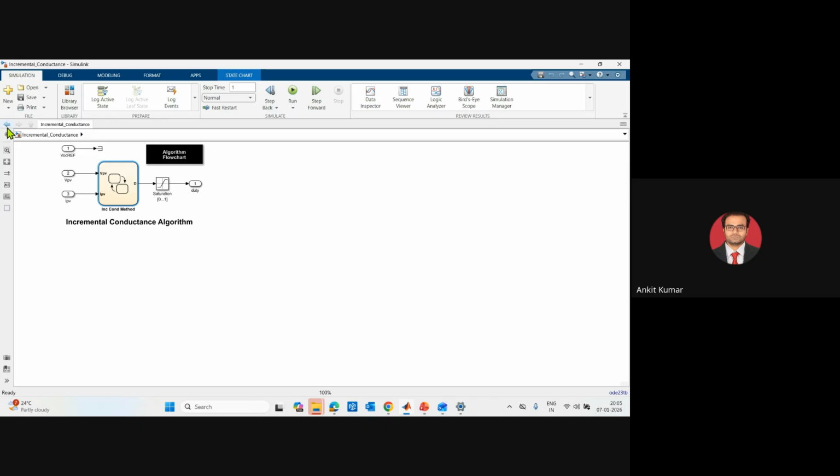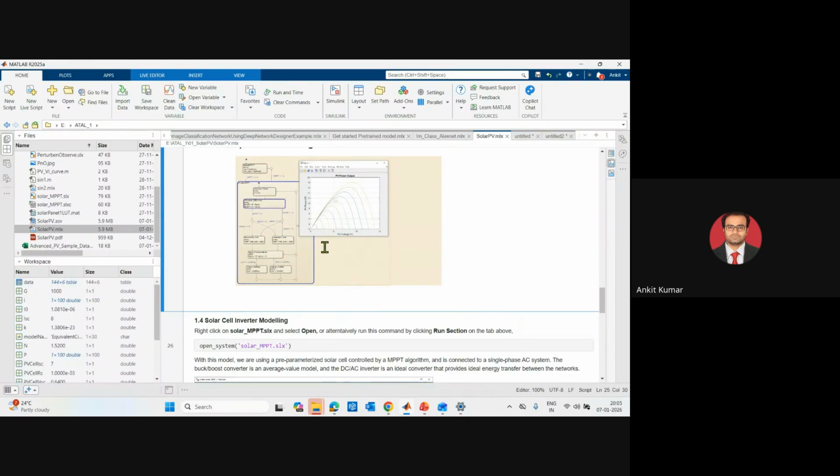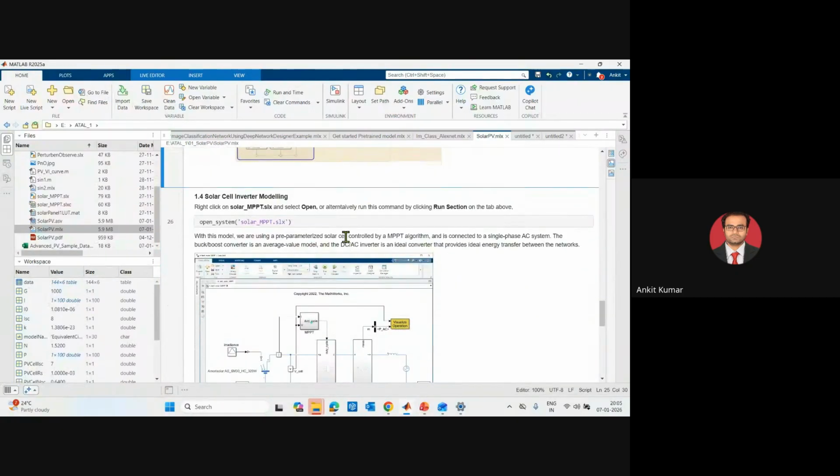Go to the .m file and create a function. Likewise, rather than that, you can use the Stateflow system. So this is the way we can incorporate these things in our research. Here I have taken the screenshot, and I have implemented various MPPT methods using this Stateflow. Or simply, if you run this,